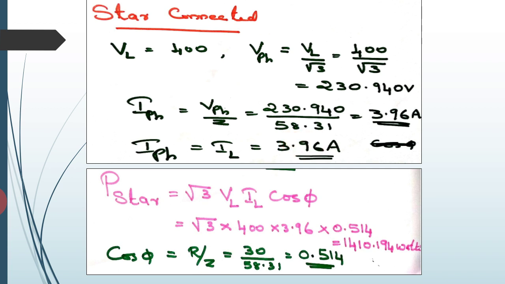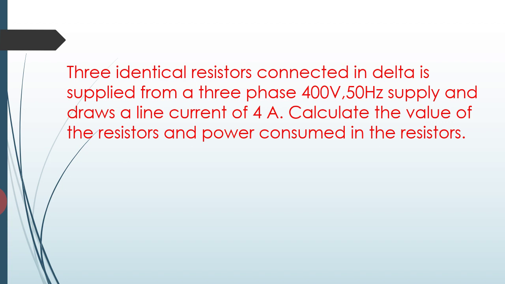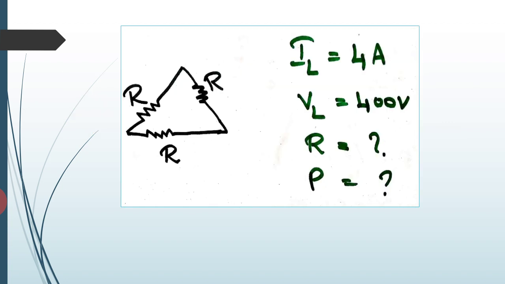While doing this type of problem, one thing you want to be careful about is that the impedance is given for each phase. That is, if this is a delta connection, this single branch indicates one phase. So, impedance will be given as per phase impedance. In questions it will be specified that it is per phase impedance or impedance of a phase, etc. That means the impedance of a branch, this single line, is given in the question.